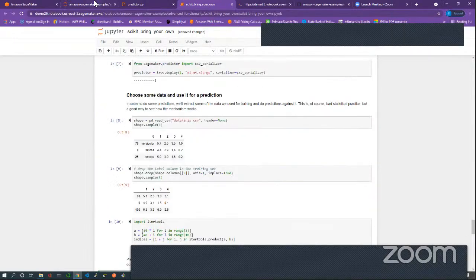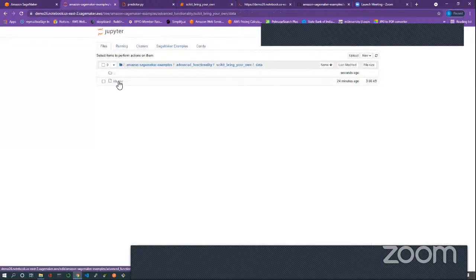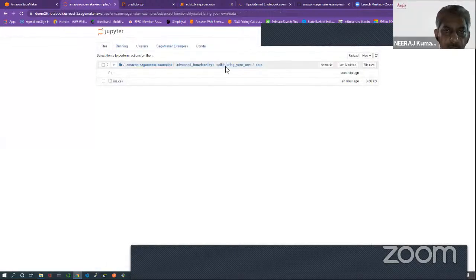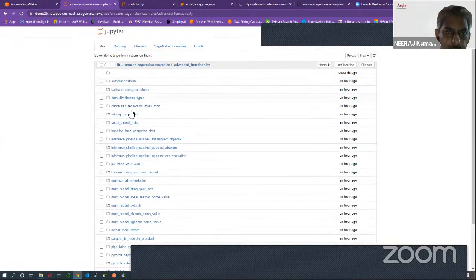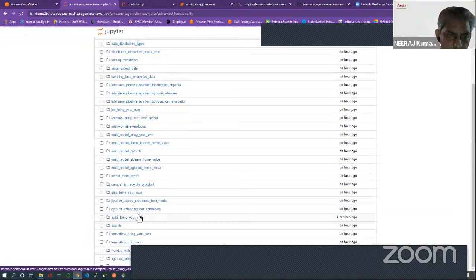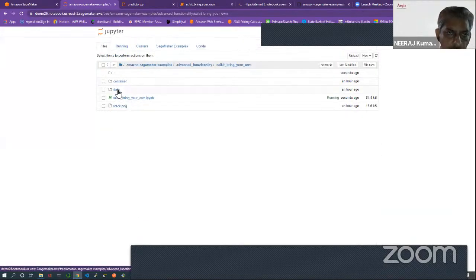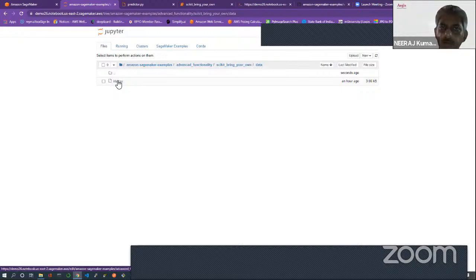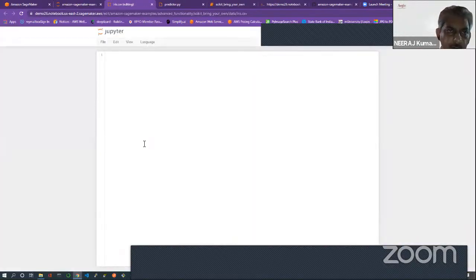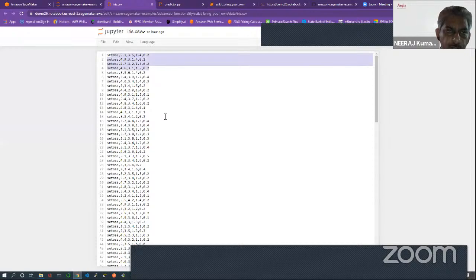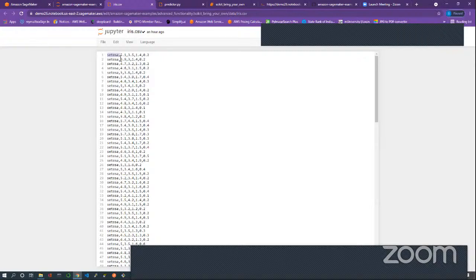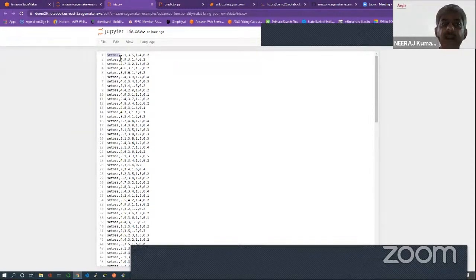Right. And I can show you, if I go back to data. If I open this, you see, right? This is the test data, but you can see that the first column is the Setosa label. It's training data, so I'm providing the label.